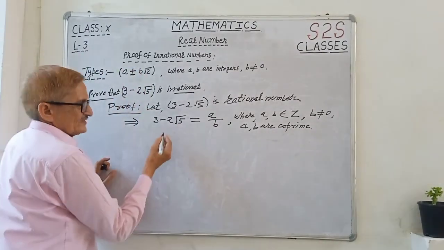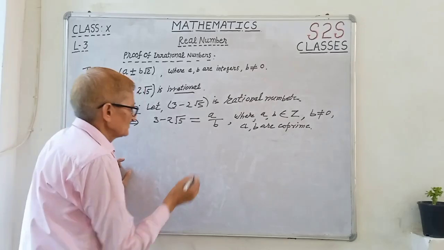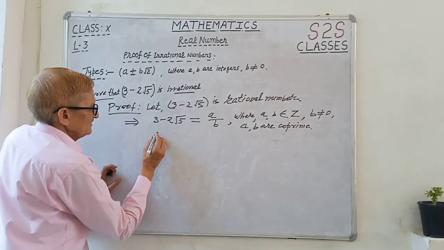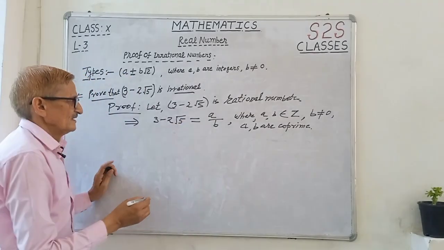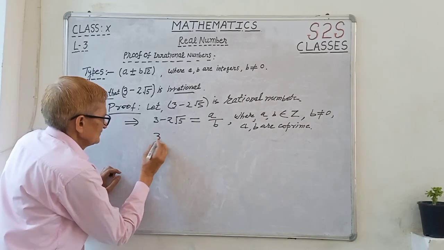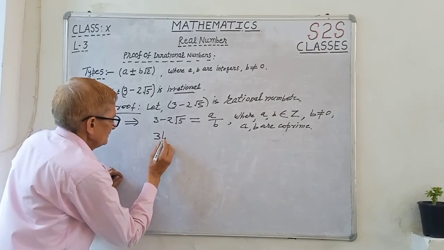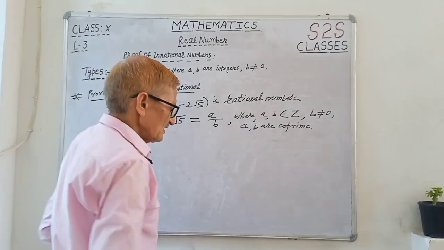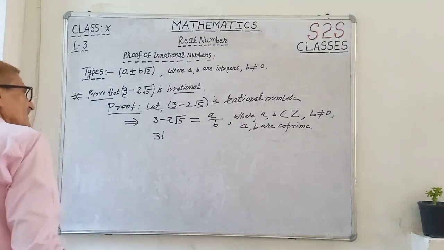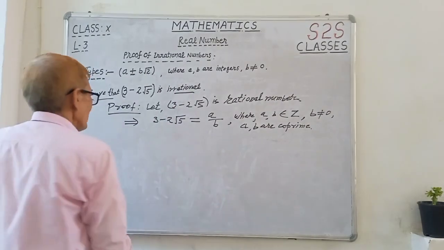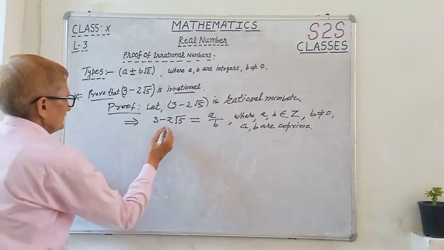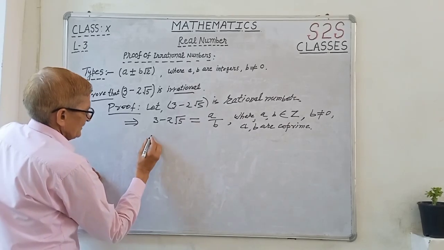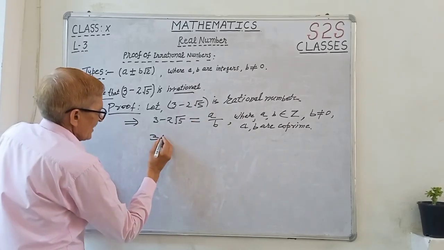Now what you have to simplify here, not make squares. B multiply here, then it will come 3b, or you can do like that. Directly you can write, this number 3, take that side, 3 minus